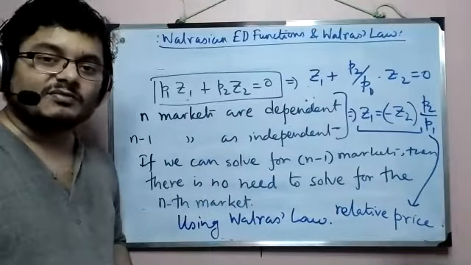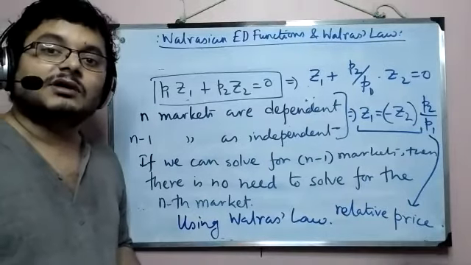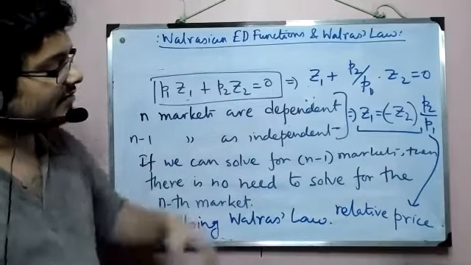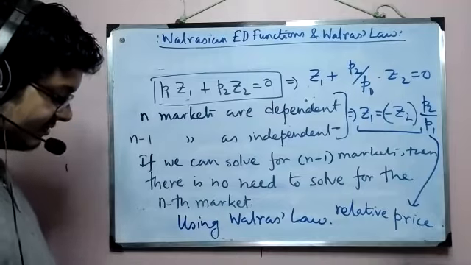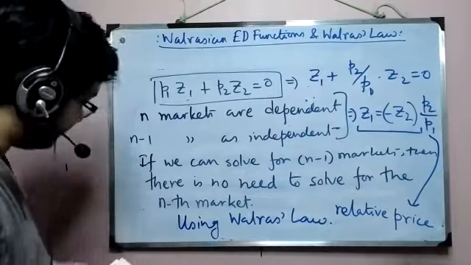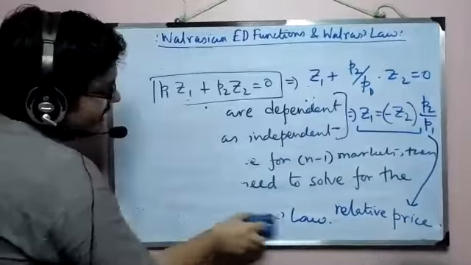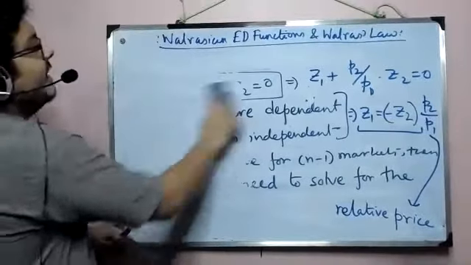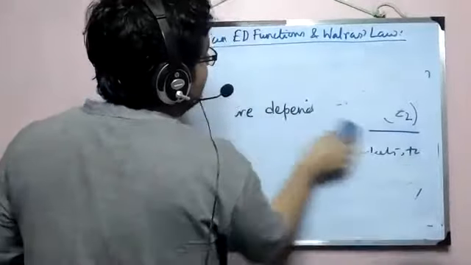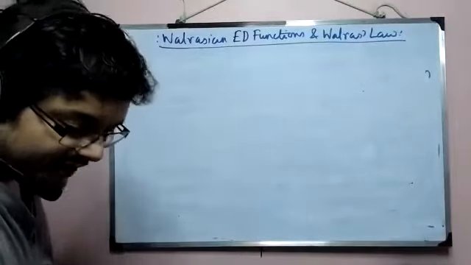So if you solve a problem, keeping in mind that you have to maximize utility, you have to equate the demand and supply, and at the end of the day you are going to have this relative price. So what is our culture? I told you that our culture is that we take P1 equal to 1 and express P2. Okay, enough of that. Now we are going to learn about the properties of these excess demand functions.